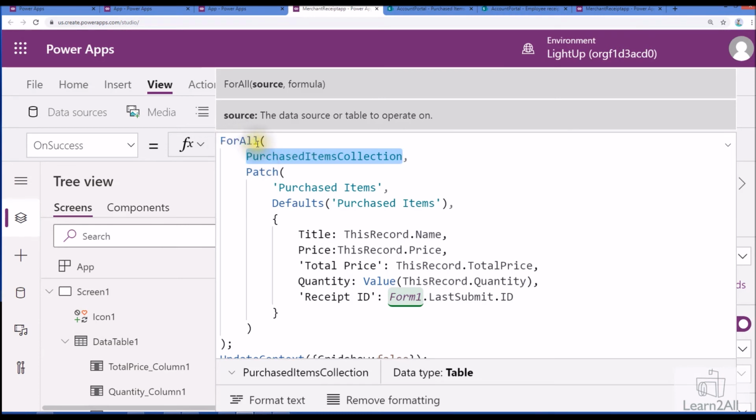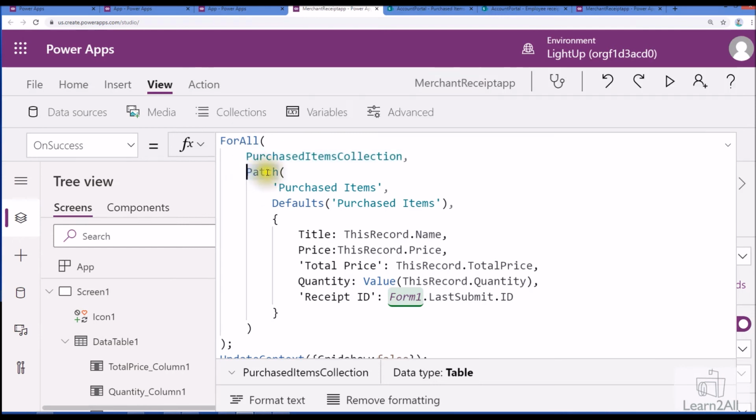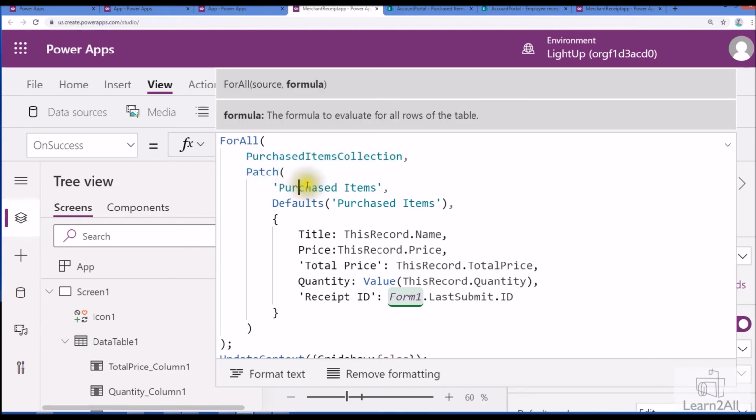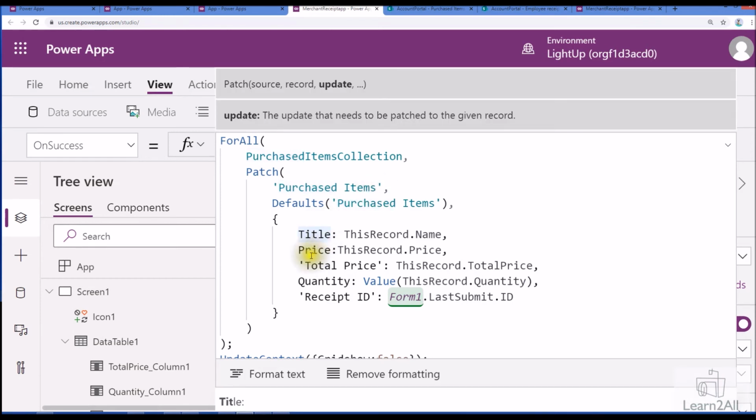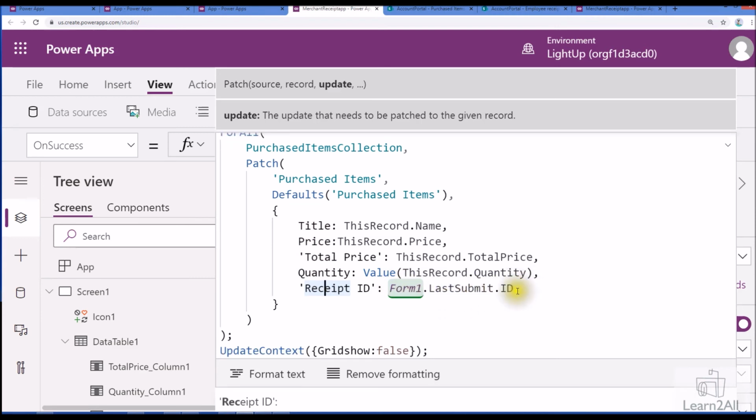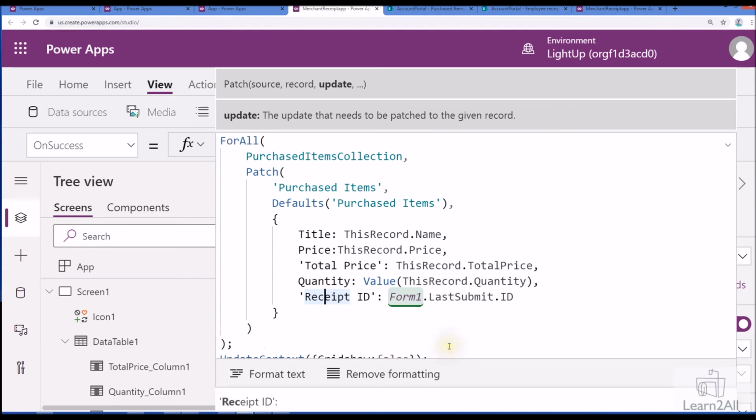So we are just applying for loop over here, and inside that we just use patch function, which will store the information in purchased item list, and inside that we are configuring different properties: title, price, total price, quantity and receipt ID. Receipt ID would be the last submitted form ID, the form 1 dot last submitted dot ID, right? So this is something that we need pass, and this is the grade variable that we are doing here.